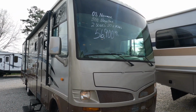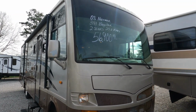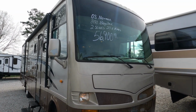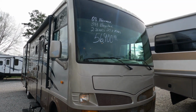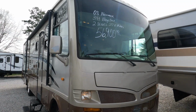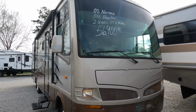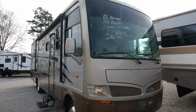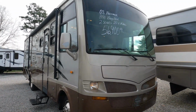Let's do a Class A motorhome, and this is a really nice 2008 Newmar Baystar. This is the model 3201 gas motorhome with 2 slides. This unit's got 27,000 miles on it. Runs and drives great. It's a little bit smaller than most of the Class A's, 32 feet 10 inches, so we'll call this kind of a smaller medium Class A, built on a Ford